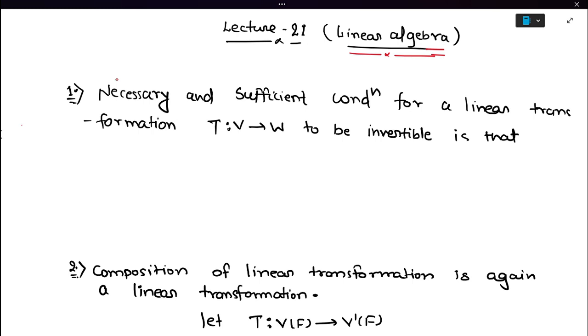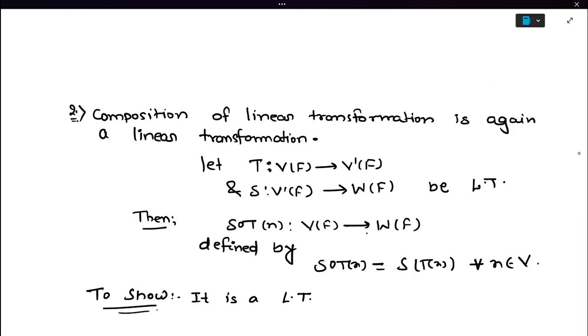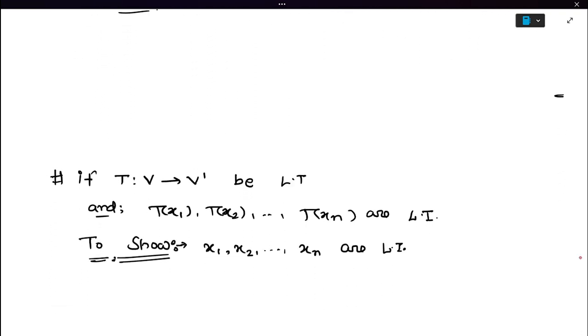In this lecture, we will learn the necessary and sufficient condition for a linear transformation to be invertible. Secondly, we will learn that the composition of two linear transformations is again a linear transformation. And third, we will prove that when we have a linear transformation from V to V dash and